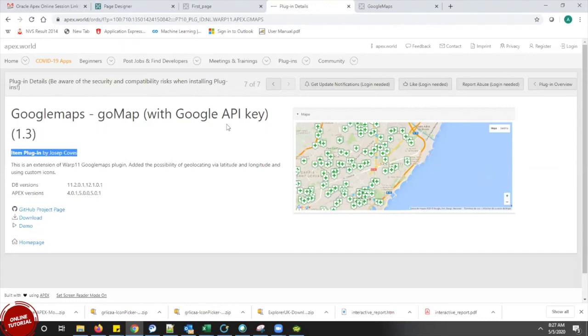So is it not actually a REST API that we have to call? No. I don't think this is a REST API, because you can see it is just an API, and that is an item. If it is an item plugin, then this cannot be a REST API. Okay.